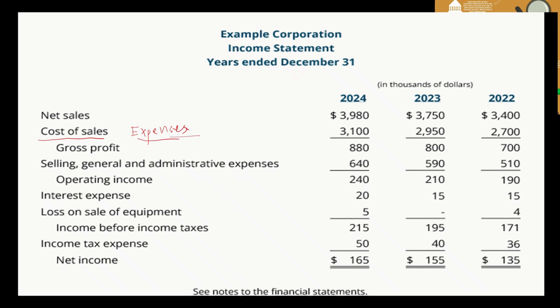For example, cost of sales can include the transportation cost for bringing the goods into the company, the dock charges, the installing charges or other charges like this, or the purchase price of the goods. These are all the cost of sales. Okay, so